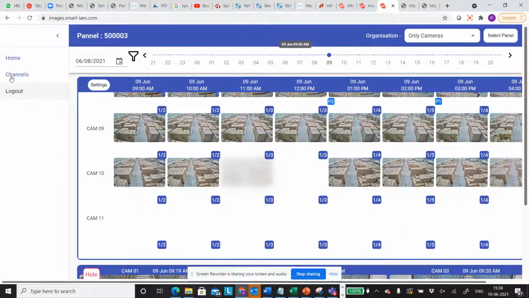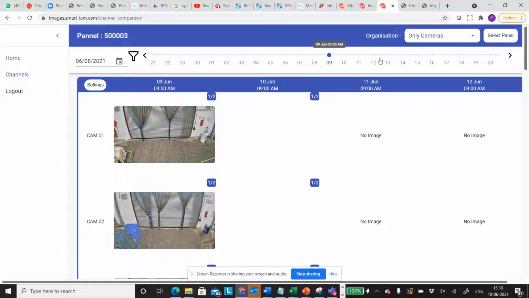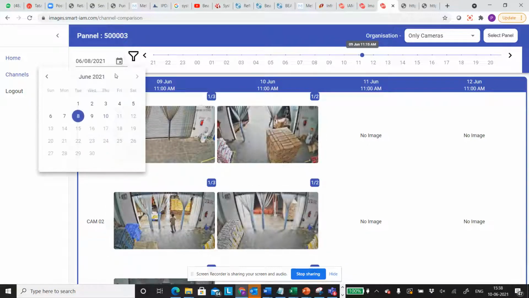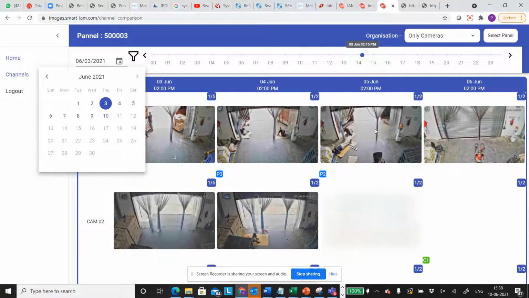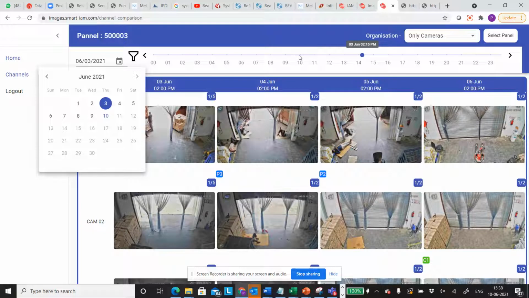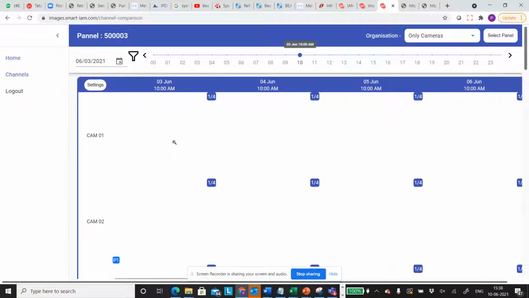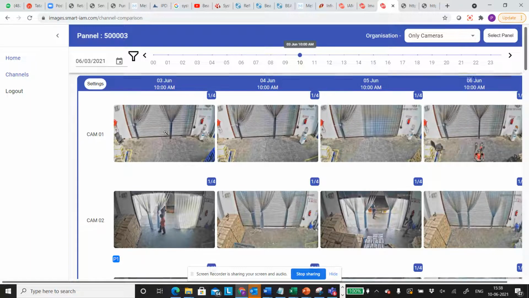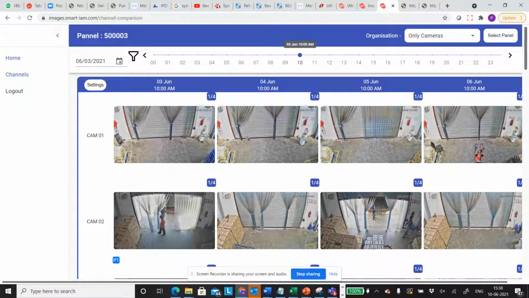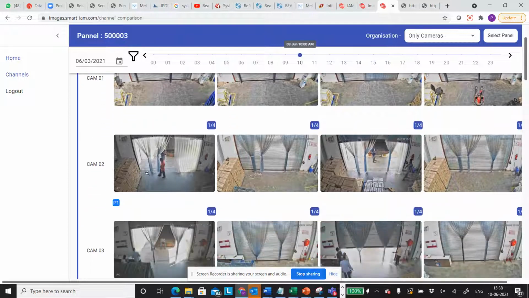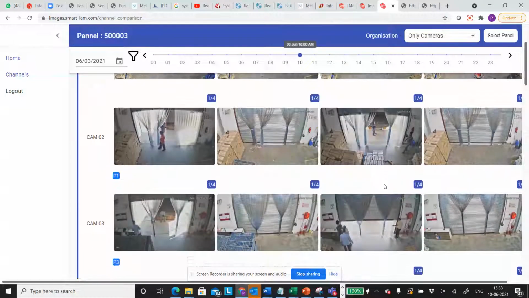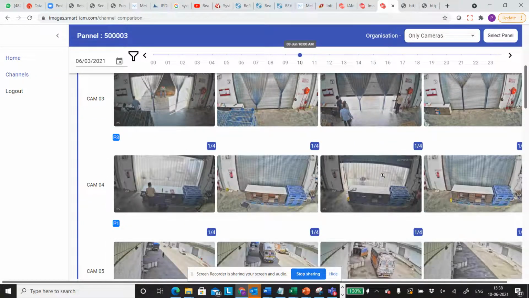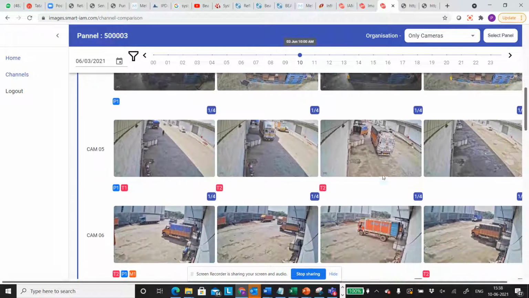You get another view, and that view will definitely help you find out, across the days at a specific time, what all happened at that specific camera. So if I just say around 10 o'clock, I can see that for camera number 1, the door is not at all opened at 10 o'clock. However, at camera number 2, I can see on 3rd of June, the door was open. However, 4th June, the door is not open. 5th June, again it is open. So I can compare my photographs, which will help me take appropriate action.